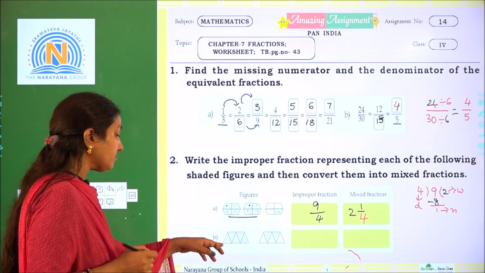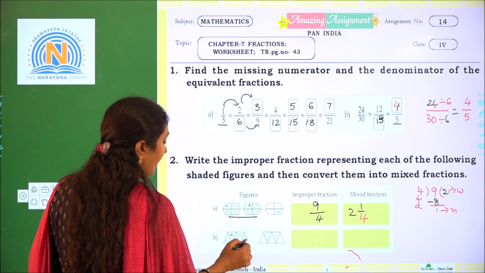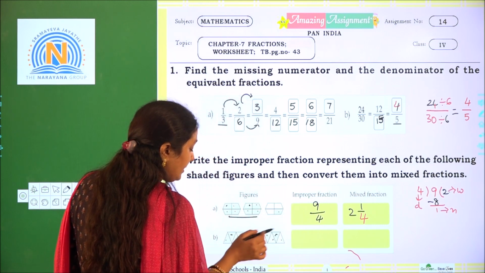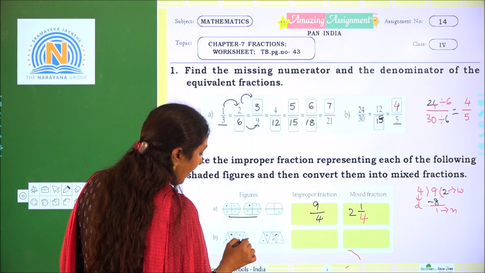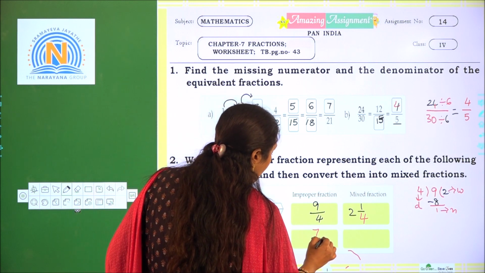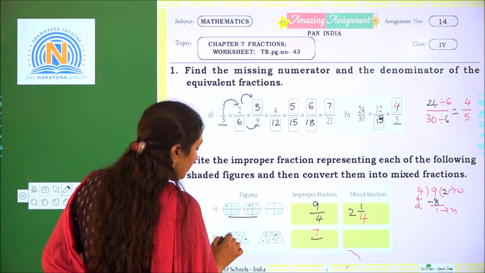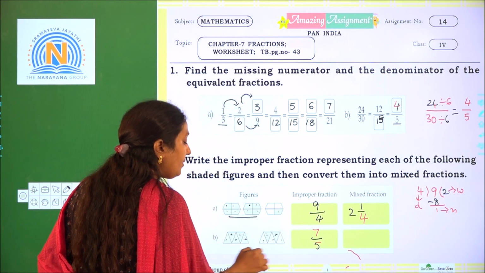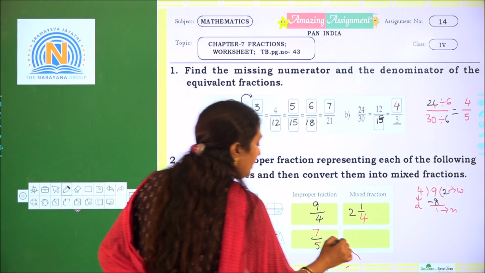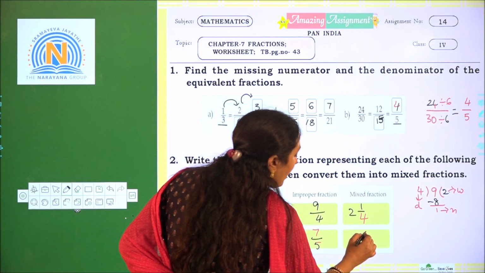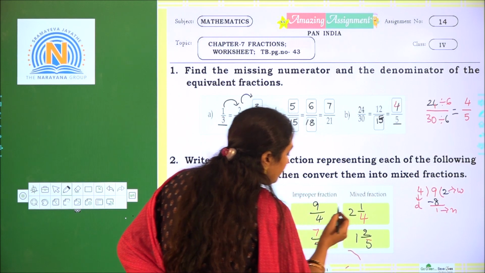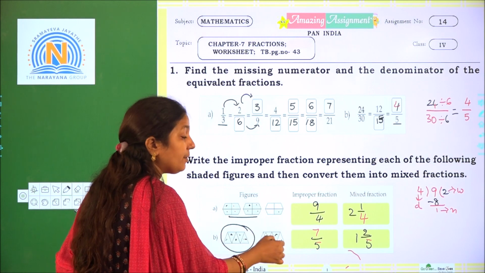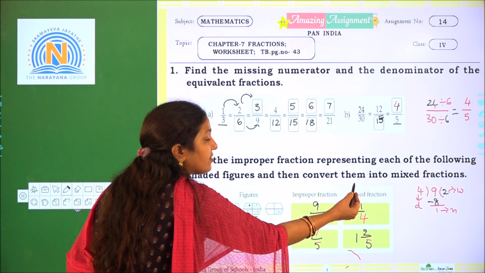Next one, children. Here 1 2 3 4 5. So the total shaded part is 1 2 3 4 5 6 7. So 7 by 5, the number of total parts. 7 parts are shaded. From that, one complete whole is shaded and here 2 by 5. Just by observing the shaded parts we are writing the improper fraction as well as the mixed